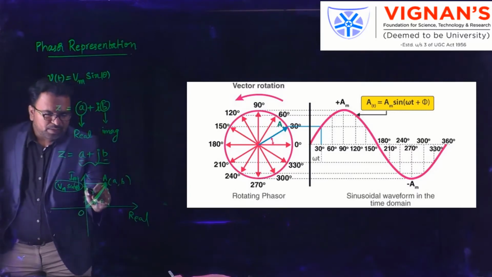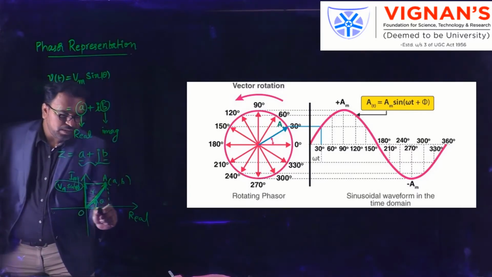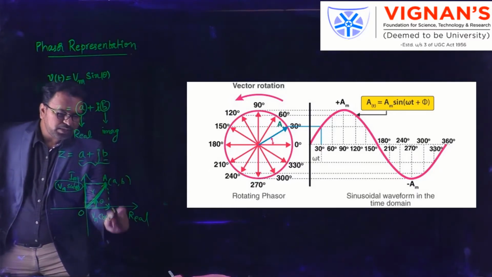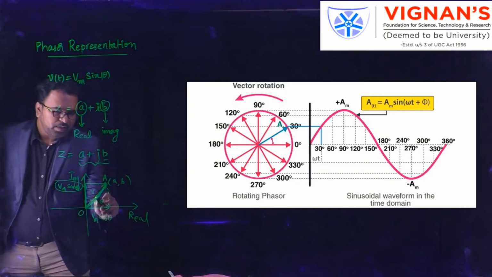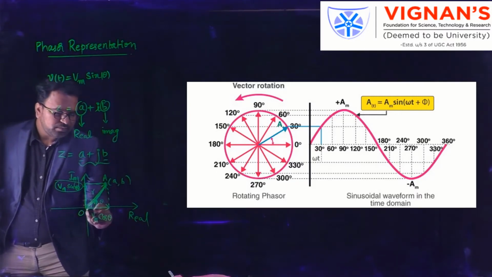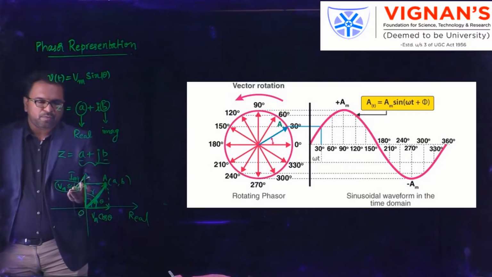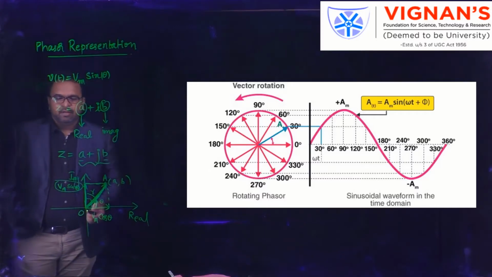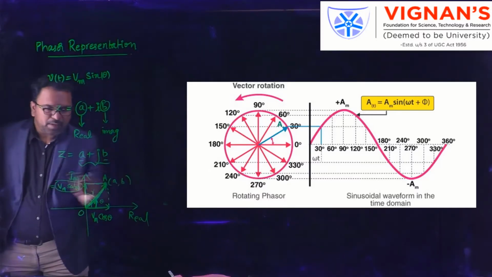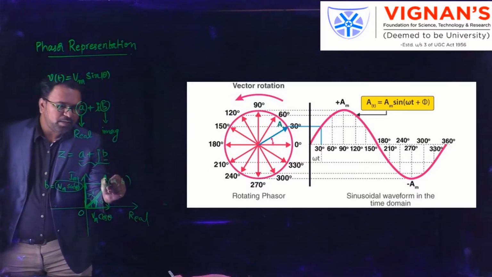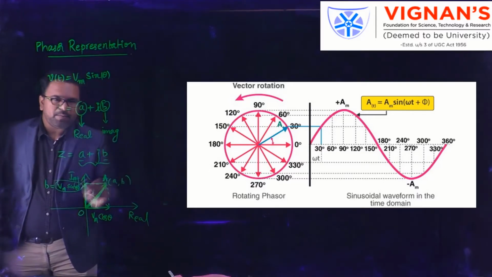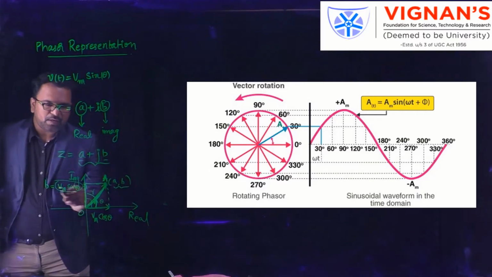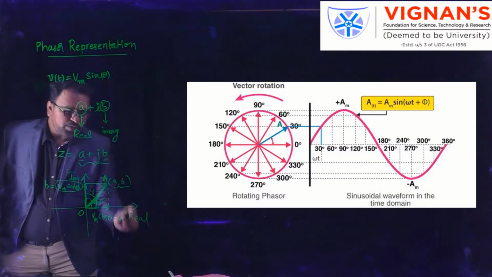Okay, if the vertical component is Vm sin theta, what is the horizontal component? It will obviously be Vm cos theta, because here the angle is 90 degrees. If one angle is theta, then the remaining angle is 90 minus theta. So if one component is Vm sin theta, the other component must be Vm cos theta. Now what is this Vm sin theta? That is nothing but B, because I have considered the point as (A, B). In rectangular coordinates, the magnitudes are A and B. So the length of the vertical component is B and the length of the horizontal component is A.